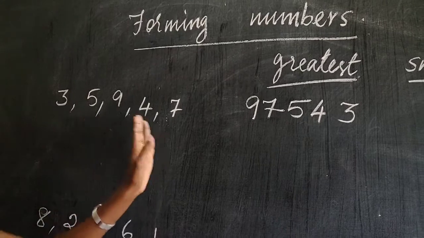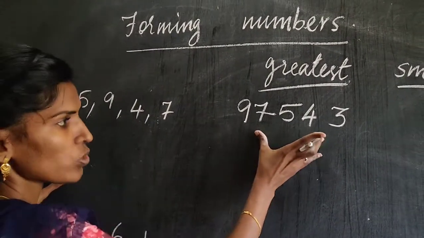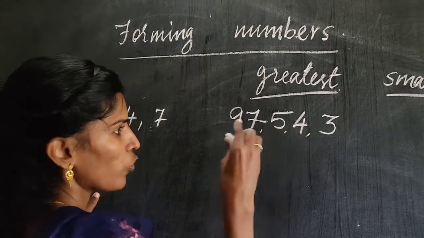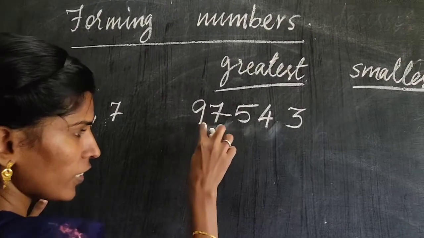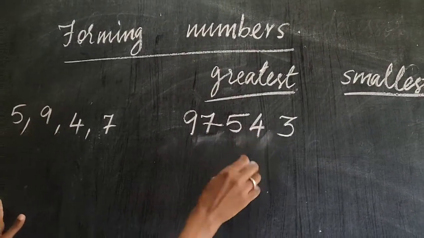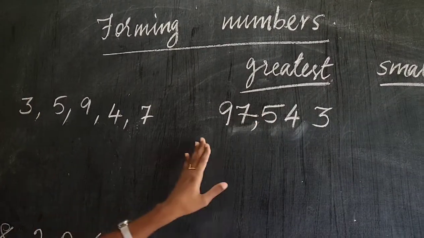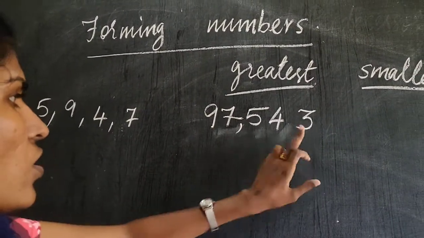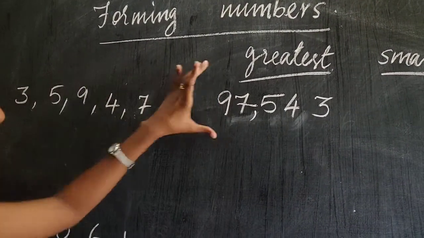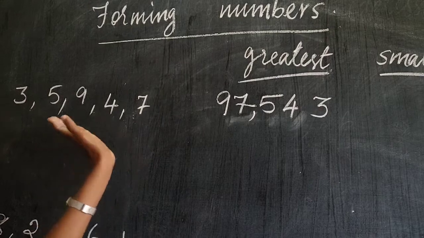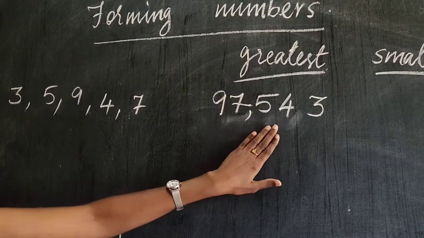Here these 5 different digits are given, so they are given with commas. But now you are forming the number, so here you should not write a comma. If you write a comma, it is wrong. Children often make mistakes, they use a comma in the answer also. So don't write the comma here. Only to differentiate the periods you can use a comma. Other than that, in between each digit there is no need for a comma. This is a question and this is an answer. This is a digit, this is a number. So know the difference between both and don't put a comma between digits in the answer.